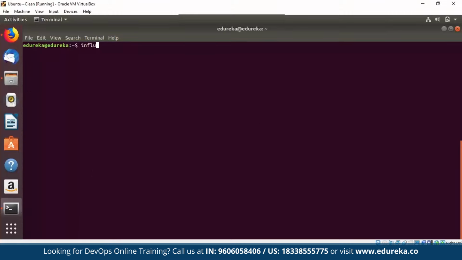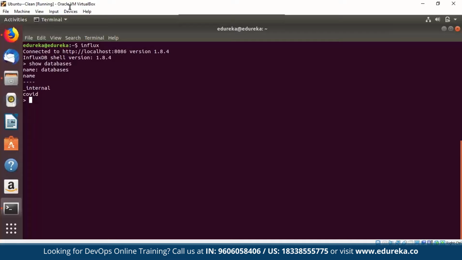So now I'm just going to type influx and I'm going to enter my shell of influx. Here I want to check out the databases that are currently present on my influx database. So it will show me 2 databases, that is internal database and COVID. So internal database is a default InfluxDB database, and COVID is a database that I have created manually in the